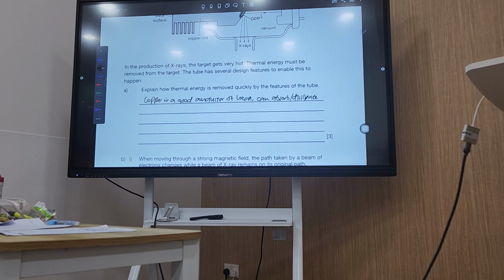Dissipate heat away from your target. What about your fins? What do the fins do? Increase the surface area. Fins increase surface area. So what? If I increase surface area,